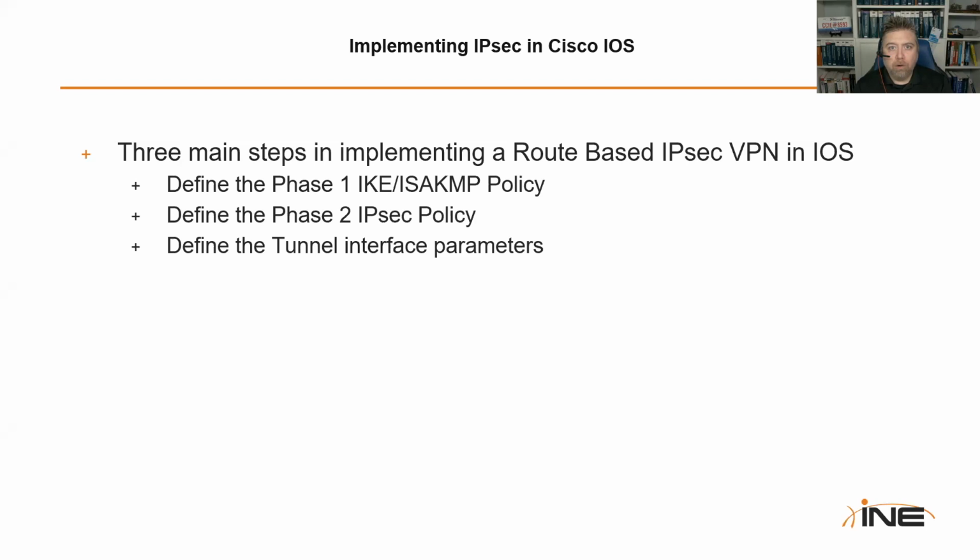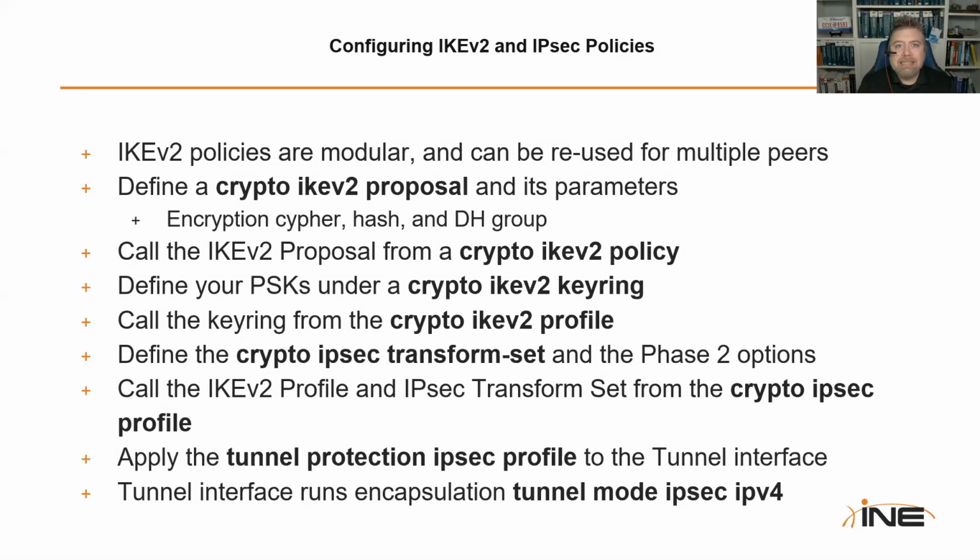Okay, so in general, we could break the configuration steps down into three main points. We need to define our phase 1 policy, we need to define our phase 2 policy, and then we need to configure the tunnel interface. Okay, the phase 1 policy is going to be based on some modular configuration of IKE version 2, where we have the IKE version 2 proposal, the policy, the keyring, the profile, and then ultimately the crypto IPsec profile. So it can get confusing when you're looking at the final configuration of how everything is going to fit together. But we're going to look at this as a step-by-step configuration here